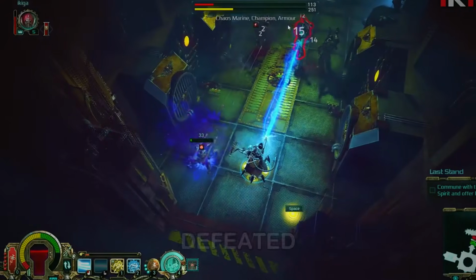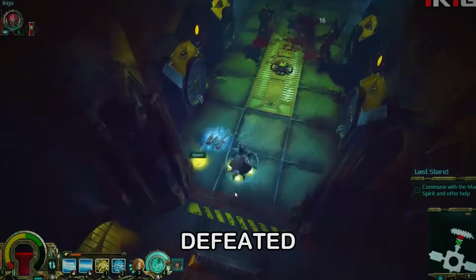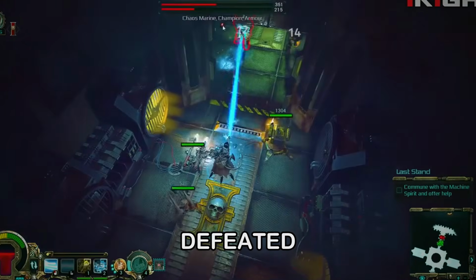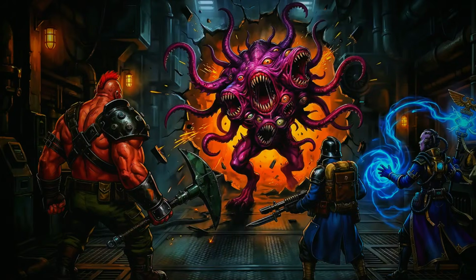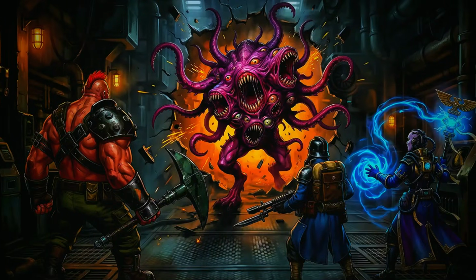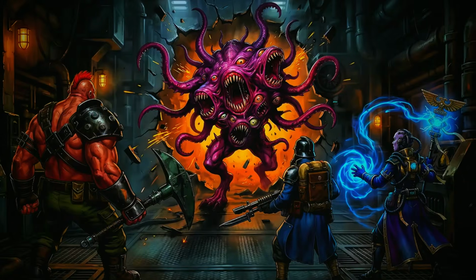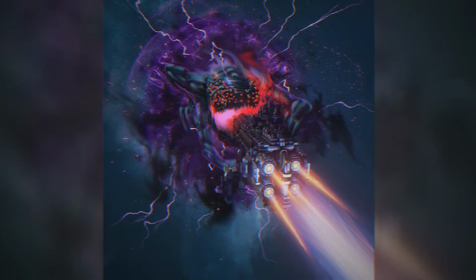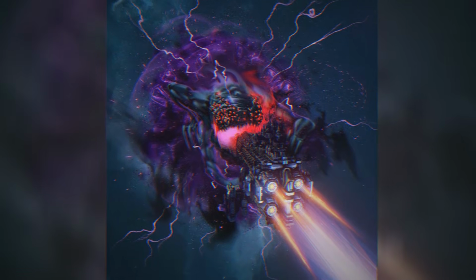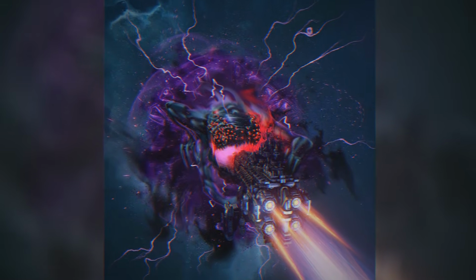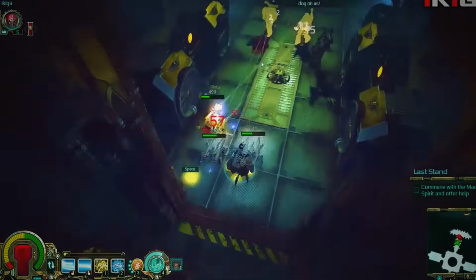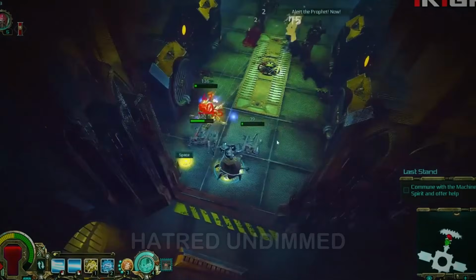With their War Master defeated and their patron gods seemingly abandoning them in the face of the Emperor's fury, the traitor legions, leaderless and broken, fled. They retreated into the Eye of Terror, a vast, swirling maelstrom of warp energy in the Segmentum Obscurus, a region of space where the veil between reality and the warp is thin. This hellish dimension became their sanctuary and their prison, a place where time and space are warped and demons run rampant. From this chaotic refuge, they would continue to plague the Imperium for millennia to come, their hatred undimmed.